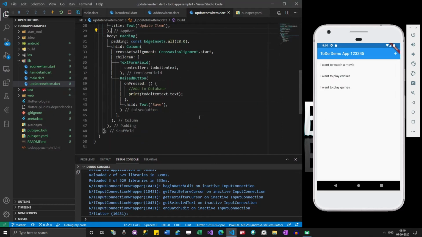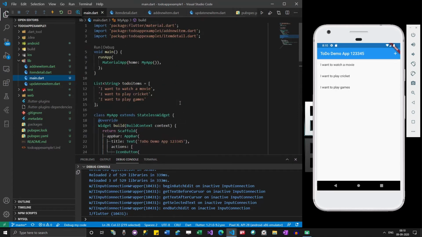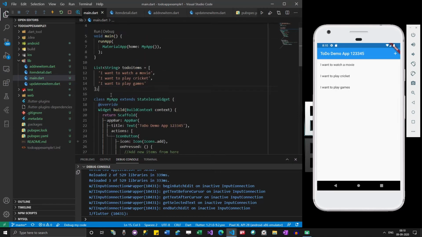Okay, so now we have to integrate this example with SQFLite. Okay, so as I said, we are going to get rid of this part of code, and then get SQFLite added.